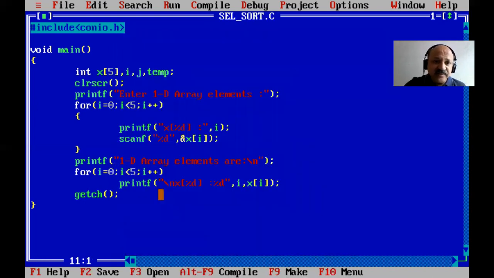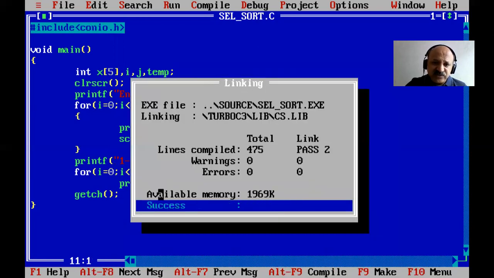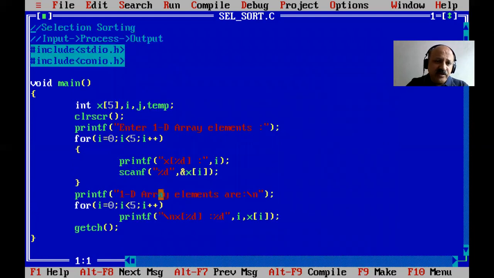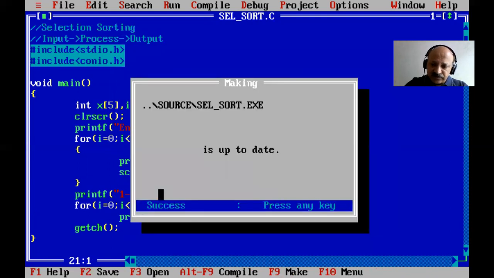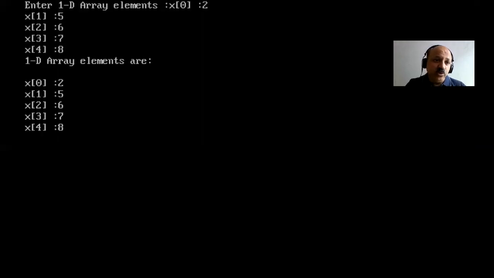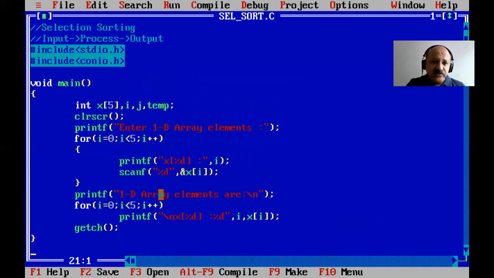Now a temp variable we do not have to use. So one warning is there because the variable is not used. So let us check, you can look here. You can find your element and at which index it is stored, and that is very important. So the 1D array element, that is our first attempt.